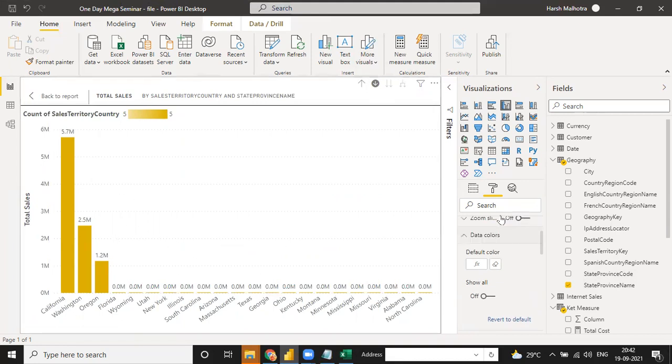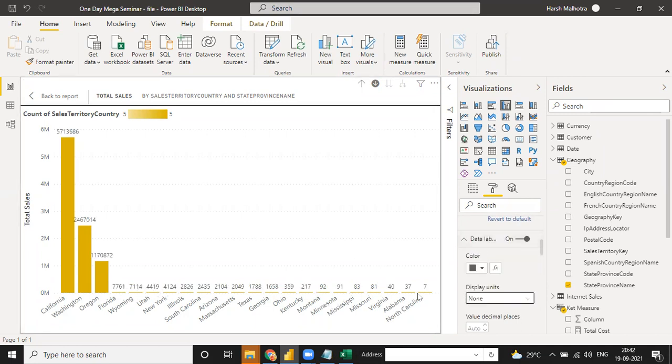So just click on this, go to data label. Instead of display unit, you can change it to none. It means your value will be there. For the country, just United States, click on back.